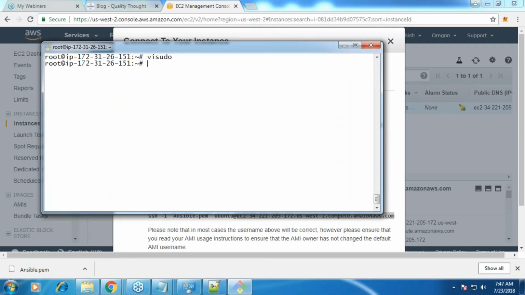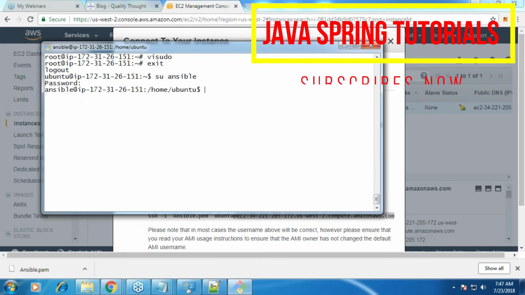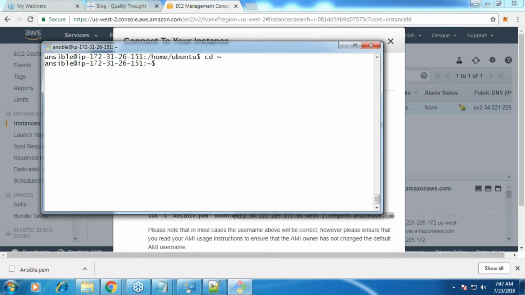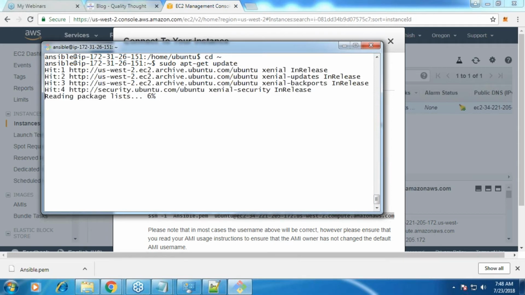Okay. Now, shall we test sudo permissions? So I'll exit. I'll switch to user called Ansible. Okay. Now let me go to my home directory and then do sudo apt-get. Happening? Is it asking for password? No. If you don't write NOPASSWD, it will still work, but it will ask for password. All right. We want this to be our setting. So one problem solved. Good. Now what is one more that is left?